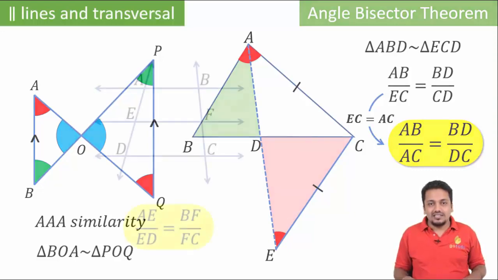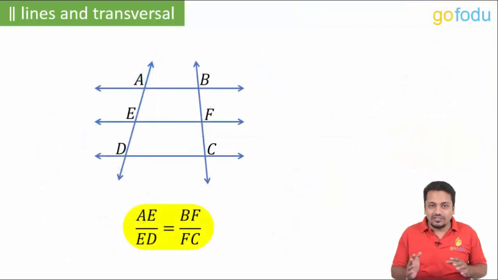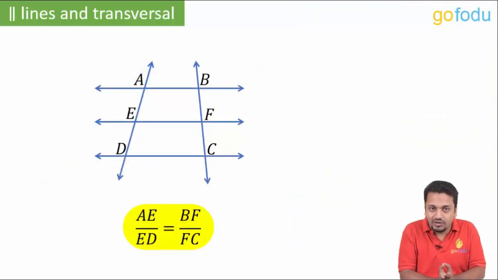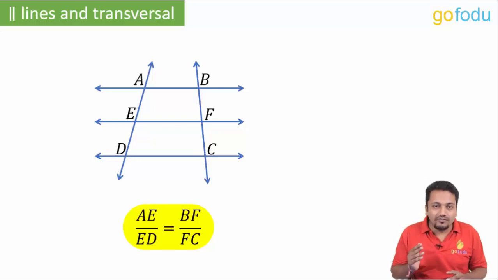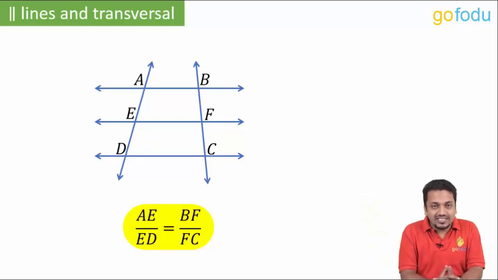Next, now this we have seen during basic proportionality theorem, the case of trapezium and a parallel line. AE upon ED is equal to BF upon FC. This we have already seen. Next,